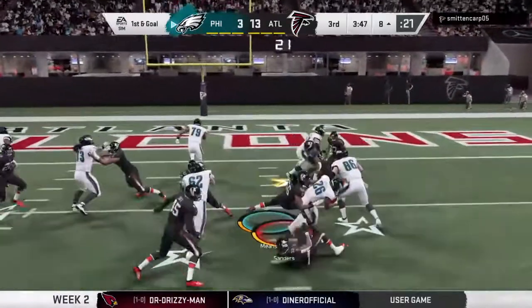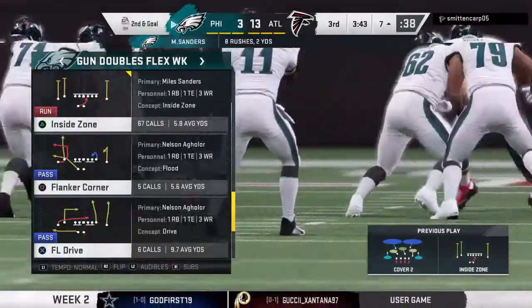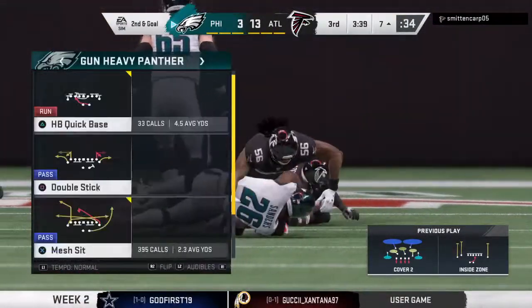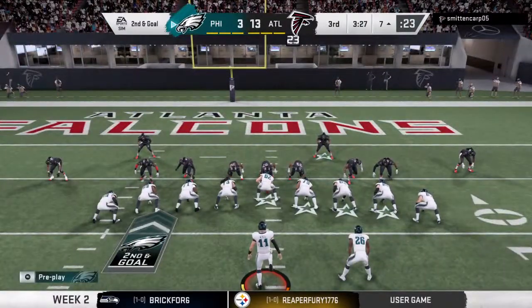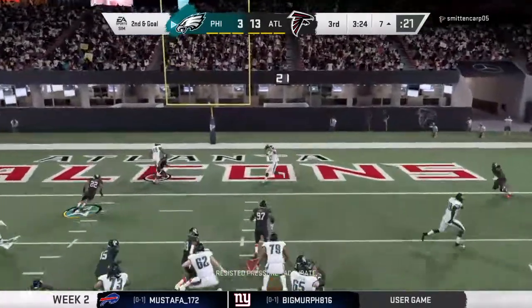They'll run with Sanders, and he will maneuver his way down to about the 7. Only a yard that time, 2nd and goal. Now, they struggled to get him rolling on the ground in the first half, and that's sort of continuing here in the 3rd quarter. Yeah, but I don't think it's time to abandon the running game. I would say keep feeding the horse, and I believe he'll eventually reward them, especially with...